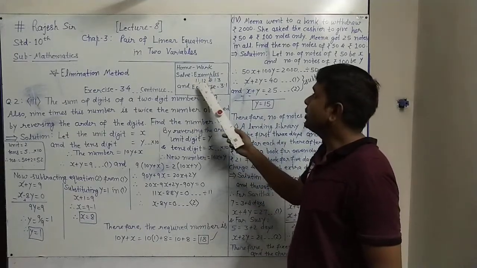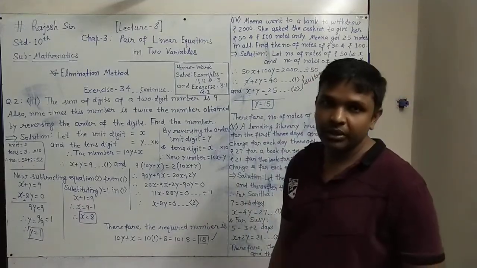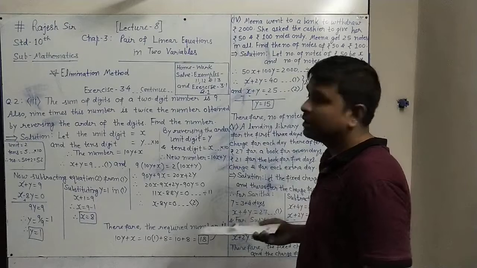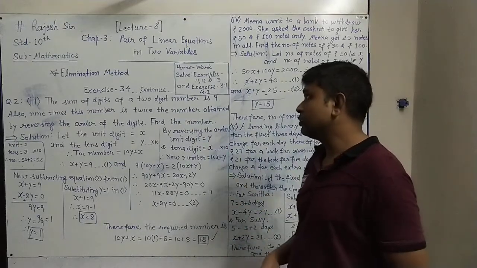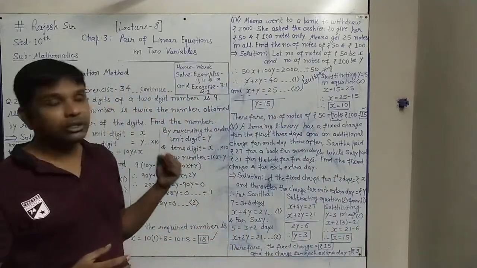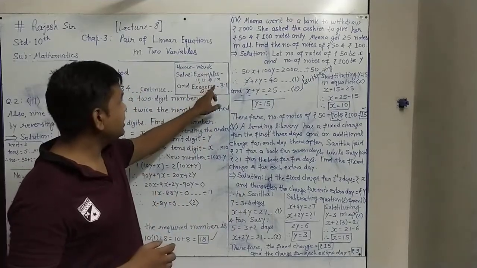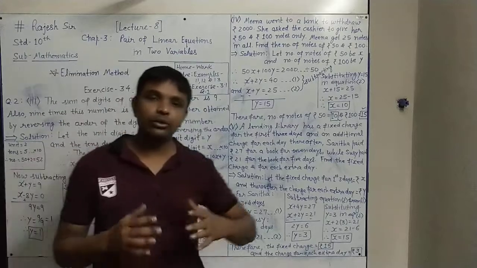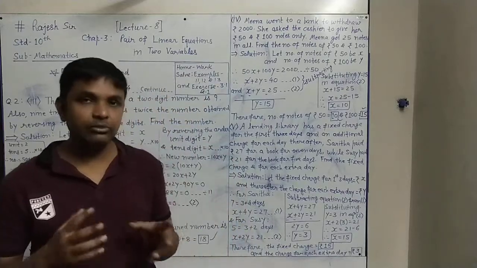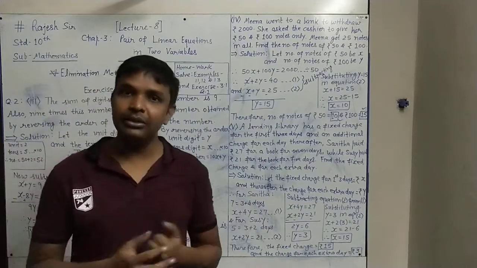And examples 11, 12 and 13 are also there in the textbook. See those questions too, where the word problems are. You make the pair of linear equations like this and solve it by the elimination method. So this way the elimination method is over in our course. Only question number 2, its 5 parts, I have solved here, and the remaining examples 11, 12, 13 and exercise 3.1 question 1 you have to solve by this method only, the elimination method. Your knowledge about this and practice will be enough to solve by the elimination method, and you will get it confidently, right?